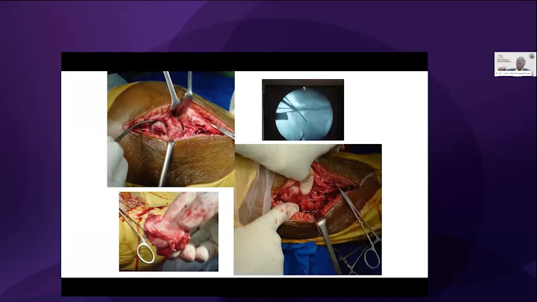We put in some wires. And at that stage, this was many years ago, we just put in screws. Then we put him on skeletal traction and started mobilizing his knee. And he went on fairly well. He did not come back for a follow-up. Unfortunately, he's from many miles away, and he did not come back for a follow-up. Although we had one